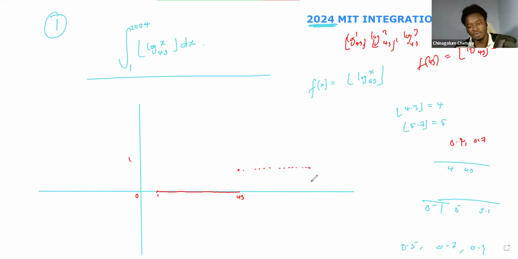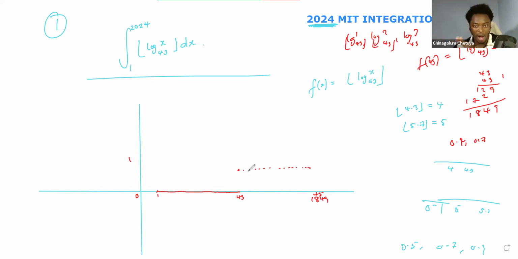What is 43 squared? Let's say 43 times 43. That gives 1849. So until we get to 1849,